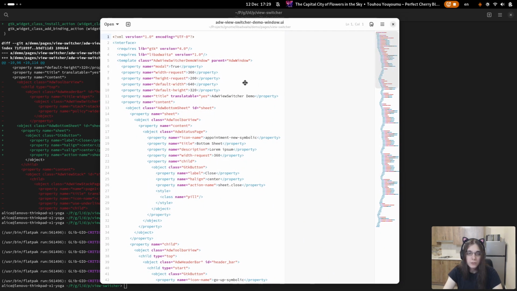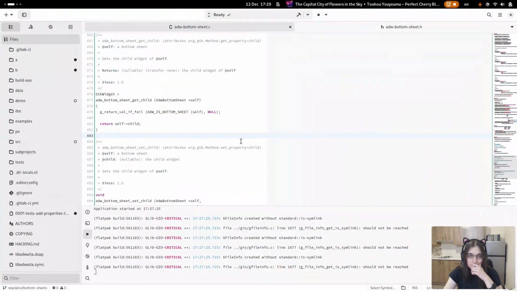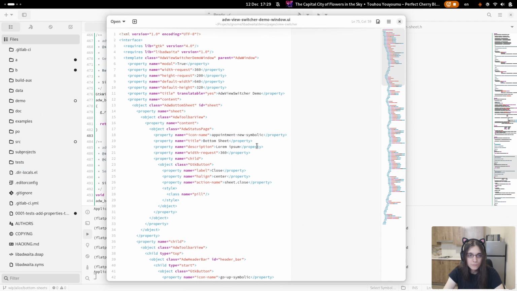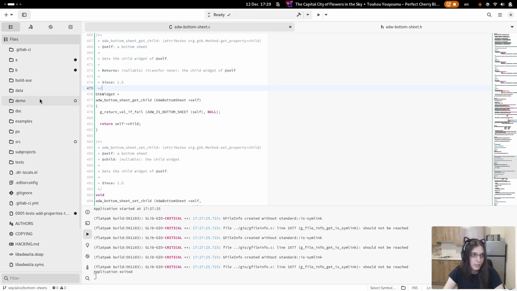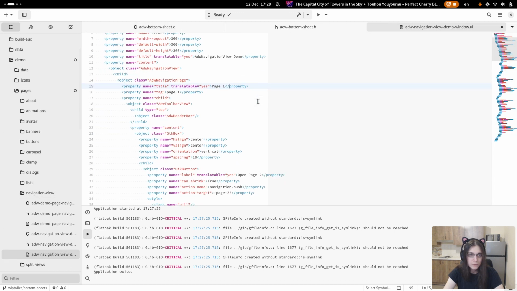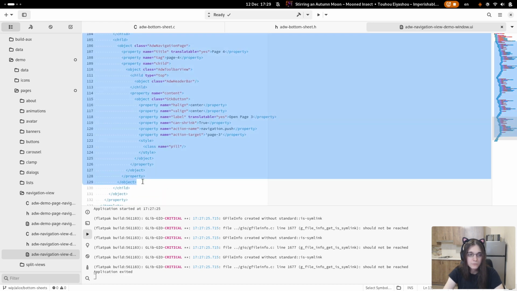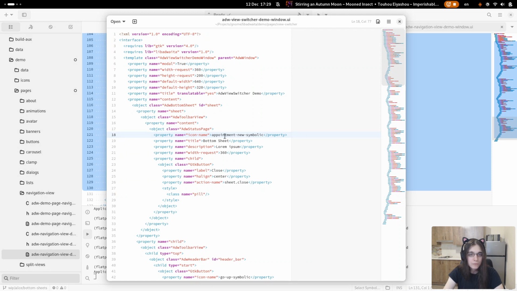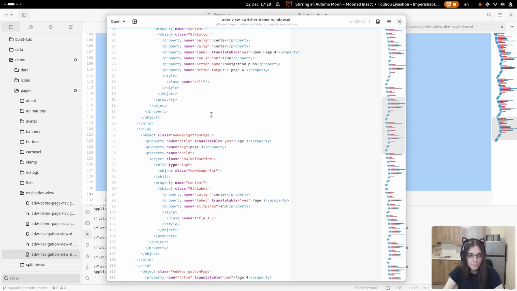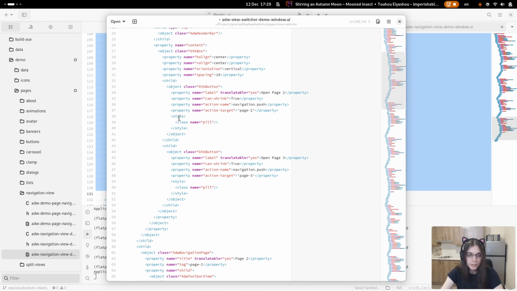Instead of doing it through the file chooser, I'll just do it here. Okay. And I'll open this demo instead and basically just copy this navigation view wholesale.